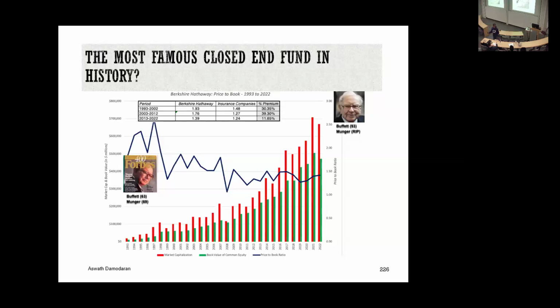Ten years ago, he picked Ted Weschler and Combs, basically two portfolio managers that he handpicked. And he said, look, I'm 83 years old at that point. I'm not going to be picking stocks. These two guys are picking stocks for you. And they're nice people, they're good portfolio managers, but they're not Warren Buffett. The Buffett premium has faded because he is older, the market has factored that in. Something to think about. Anytime you have a fund driven by a superstar manager, this too shall pass. And when you pay a big premium for that fund, you're effectively going to see that premium fade away.